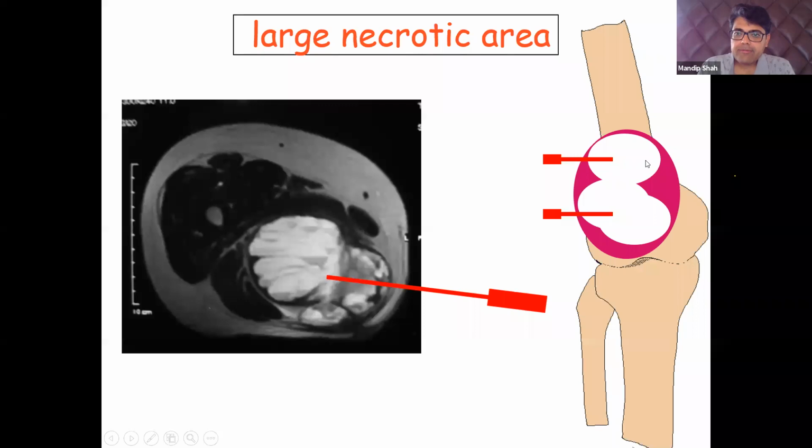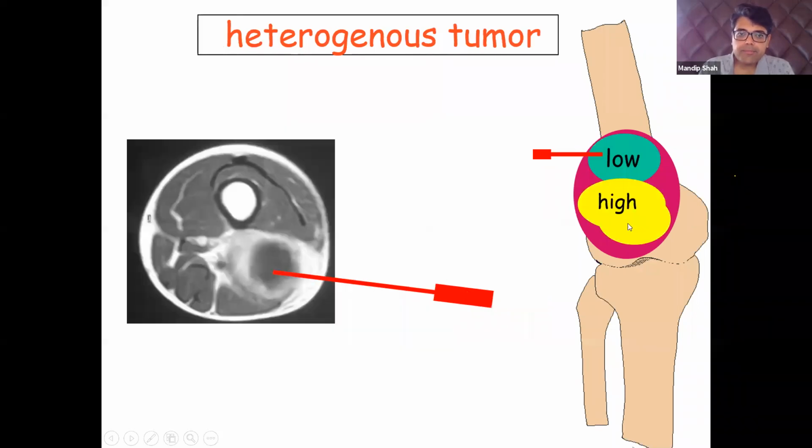As I said, if you are targeting a necrotic area, your biopsy is going to be negative. And as I said, in a tumor there are low grade areas and high grade areas, and that is where you can have a histopathological diagnosis of low grade sarcoma on biopsy, but on final histopathology it might tell you that it's a high grade sarcoma, which is pretty common.